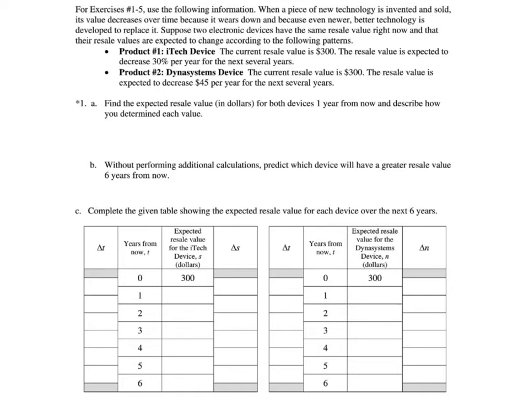the values. Note that the values of t are placed in these two columns. Also, the expected resale value for the iTech device in dollars is represented by the variable s, and the table asks you to place the values of s for given values of t in this column here. Remember that each year the iTech device decreases in value by 30% of the previous year. There is more than one strategy to use to determine the values of s. After determining the values for s, see if you can find a second strategy for finding the same values of